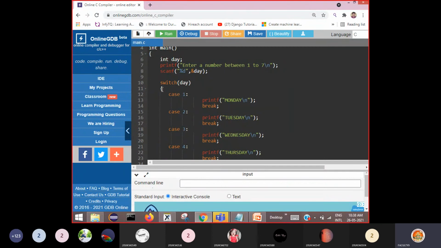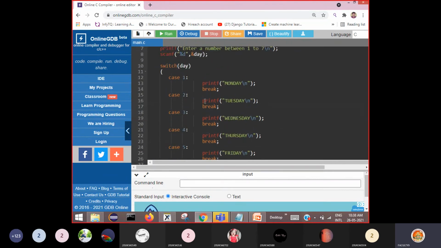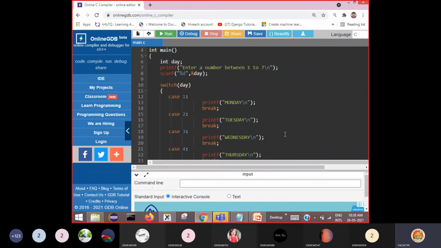Switch day. Open the switch statement. Case 1 colon. Okay, in the next line, after colon, you should write your printf statement, say printf Monday. Then say break. Case 2. All the cases are in line here. Then all printf and break statements are in line. This is how it looks very nice. This you should follow. You should learn writing such kind of programs.